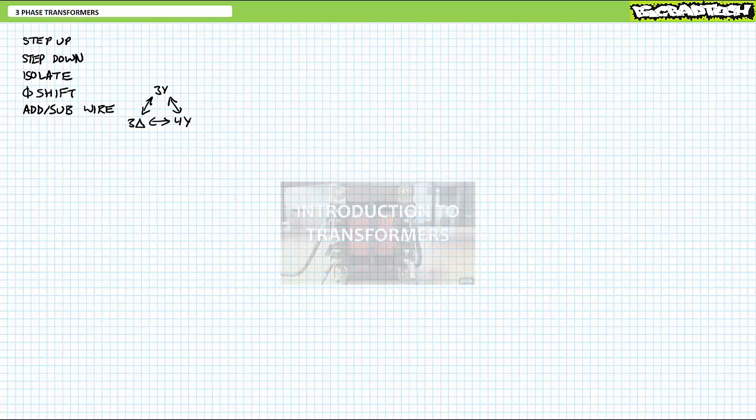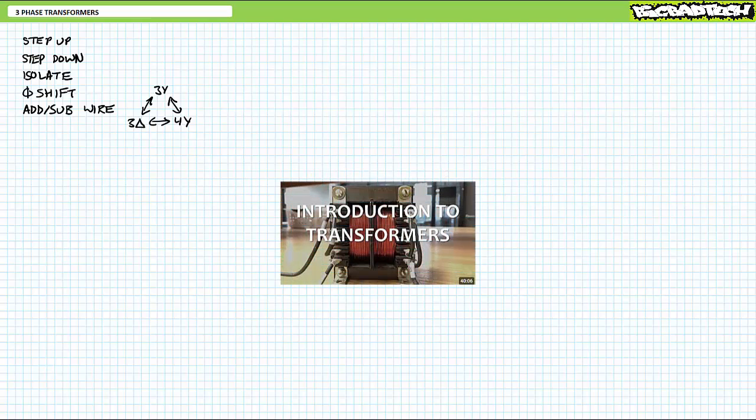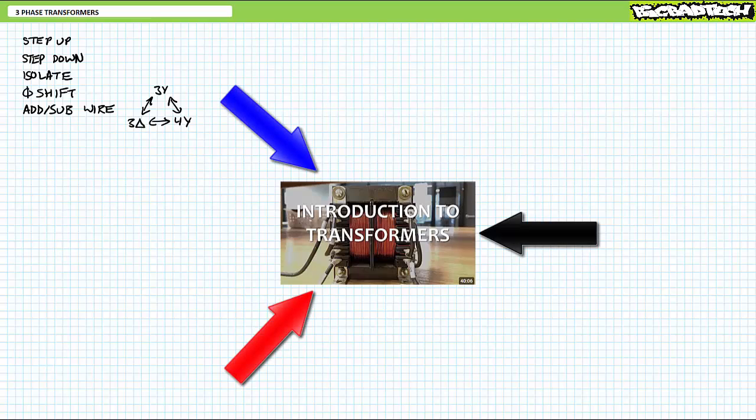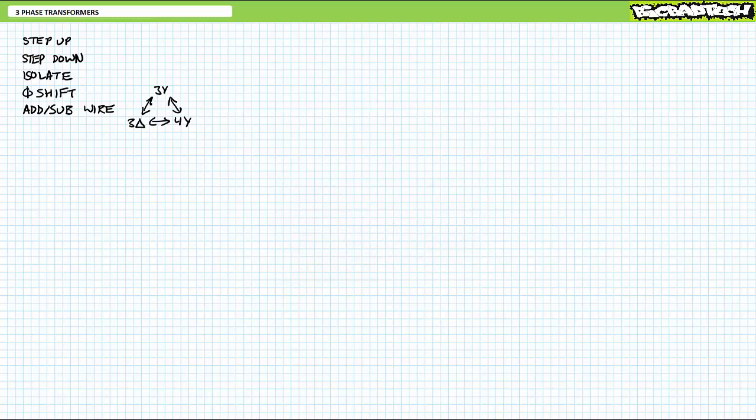so now. In a perfect world, I could just tell you to go watch the Introduction to Transformer lectures 3 times, seated at 3 different angles, and call it good. But I can't, because there are some peculiarities about three-phase AC transformers that I need to discuss, especially when it comes to connection diagrams. This being said, for the most part, everything I said in the previous lecture on single-phase